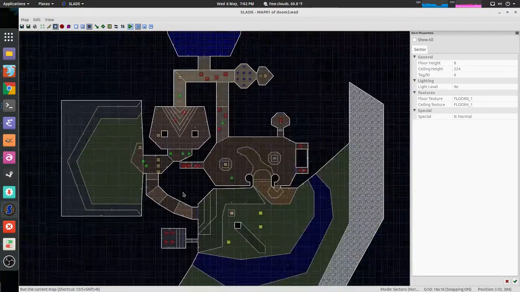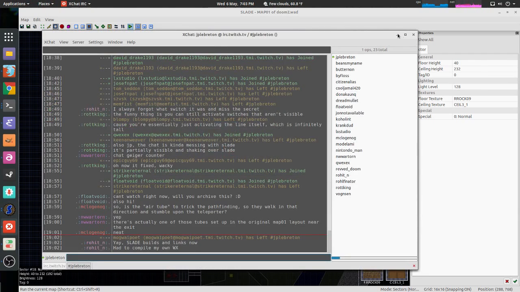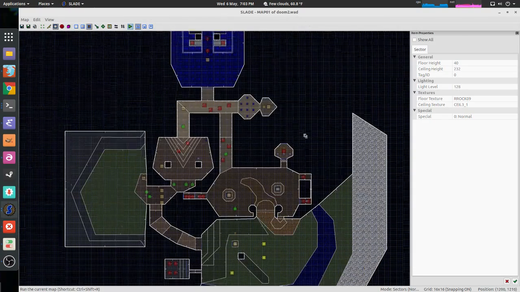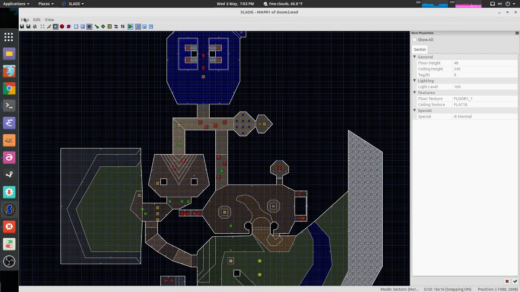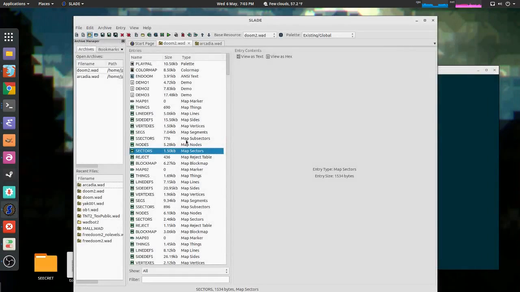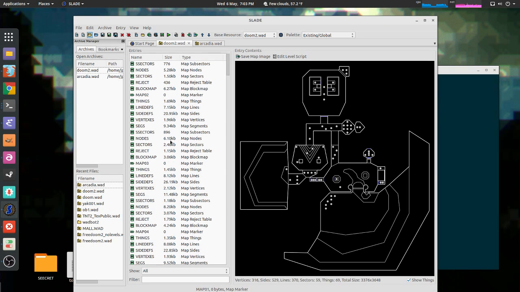So I think those are really the basics of Doom level editing. There's a lot more complicated stuff you can do with it. One of the glorious things about Doom editing is that the source format is the same thing that ships in the WAD. So just in the resource file that Doom shipped with,